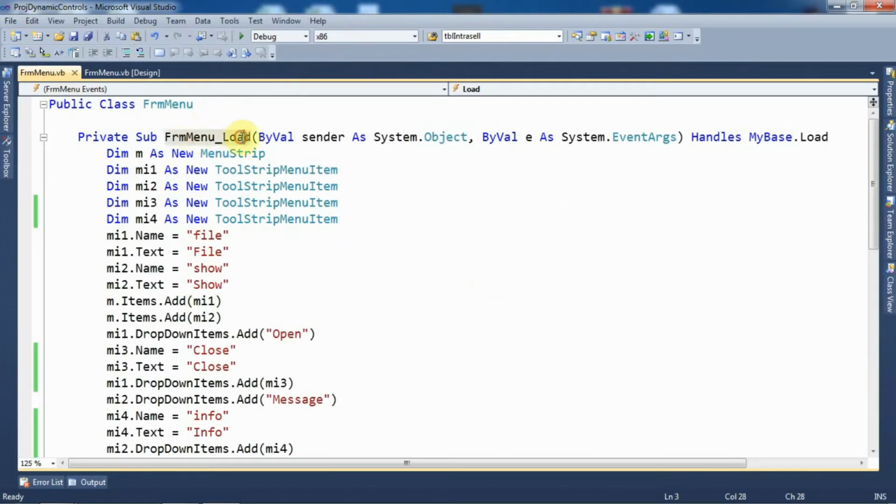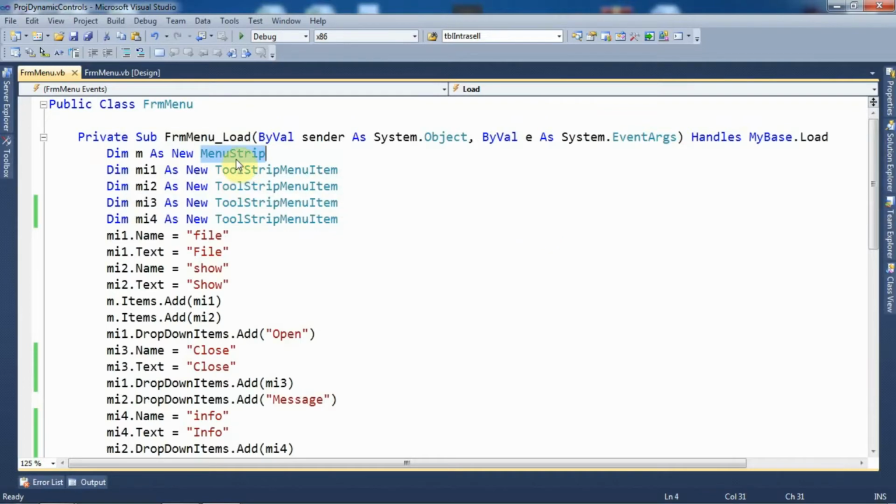On the form load event, I will use the built-in classes of the controls within the .NET framework. This we have also discussed in the previous tutorial: if we want to create controls dynamically at runtime, we need to use the classes of those controls which are present in the .NET framework. They are already created in the .NET framework, so they are built-in classes. Over here, I want to create a menu control, so I have used the MenuStrip class of the menu control present in the .NET framework.